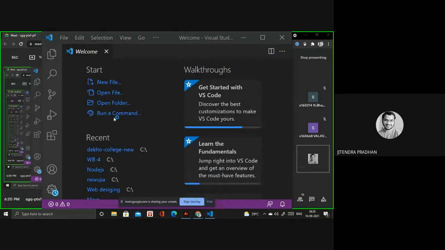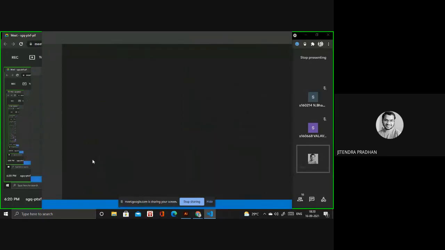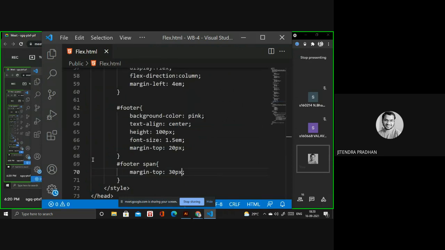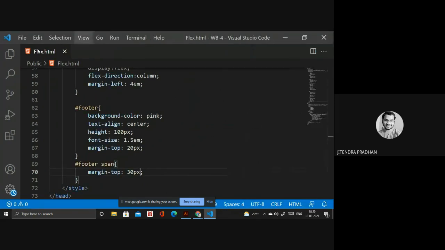So we are going to open file or open folder, and we are opening that WB4. Okay. So wait. Yeah, it's opening now. So we need to create another file inside your public folder or any other folder.